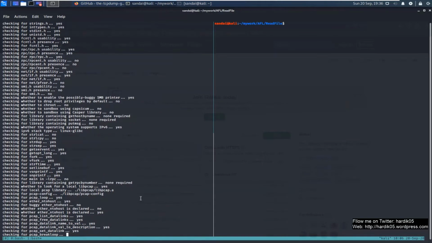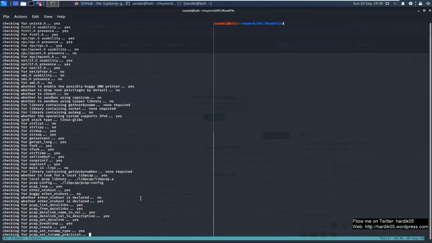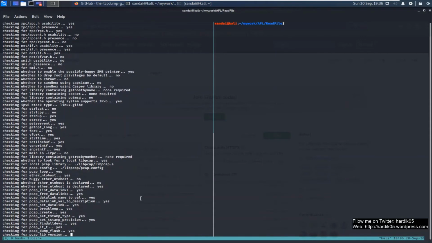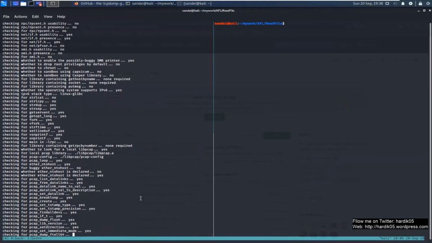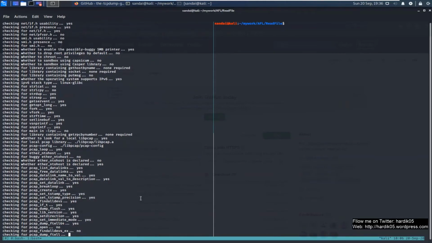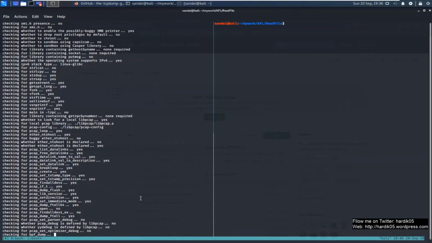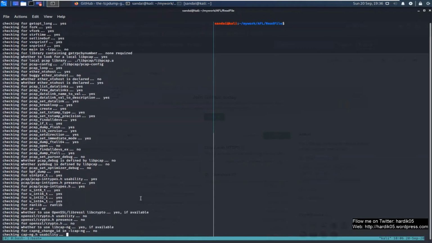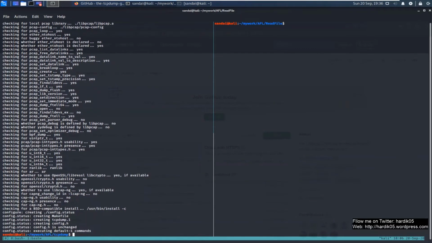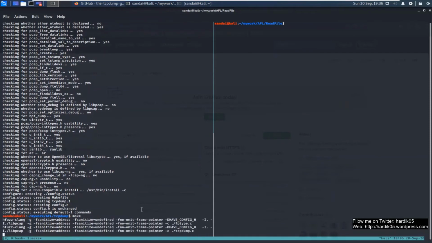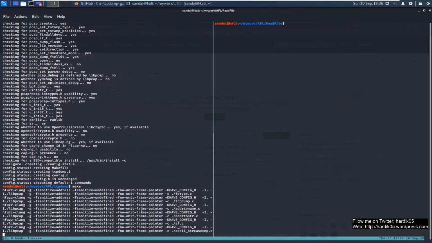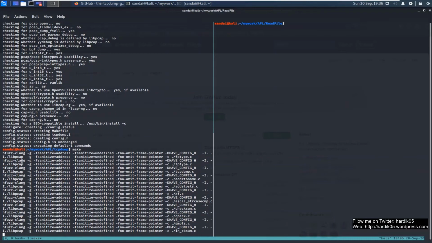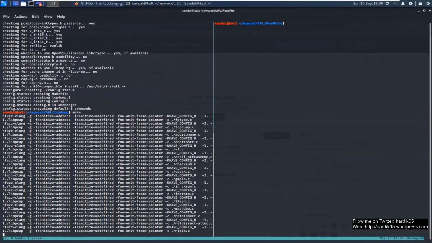It will take some time, we have to wait. Okay, and now let's do a make and see what happens. As you can see, the program is getting instrumented by hfuzz-clang.